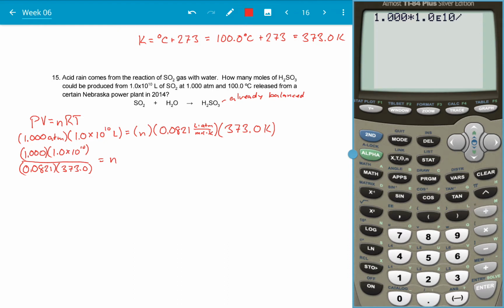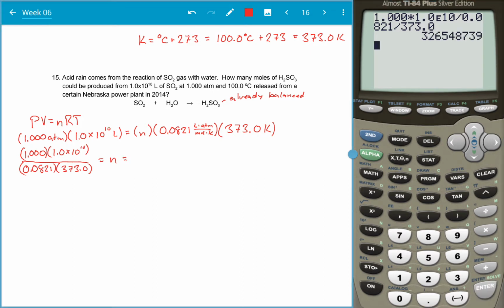Now I can simply divide by 0.0821 and divide by 373.0, so that my final answer, now I have four significant figures, but only two significant figures in my volume, so I'll call this 3.3 times 10 to the 1, 2, 3, 4, 5, 6, 7, 8